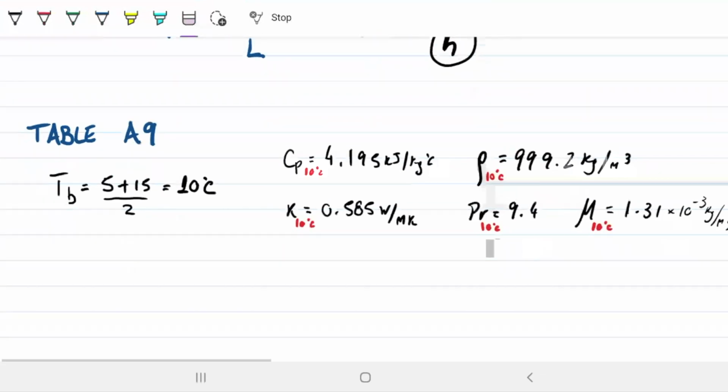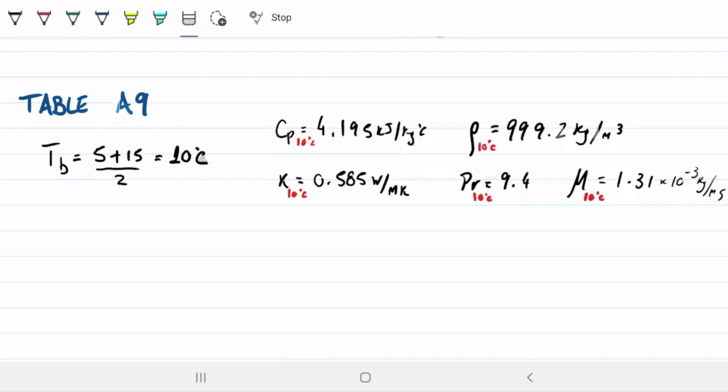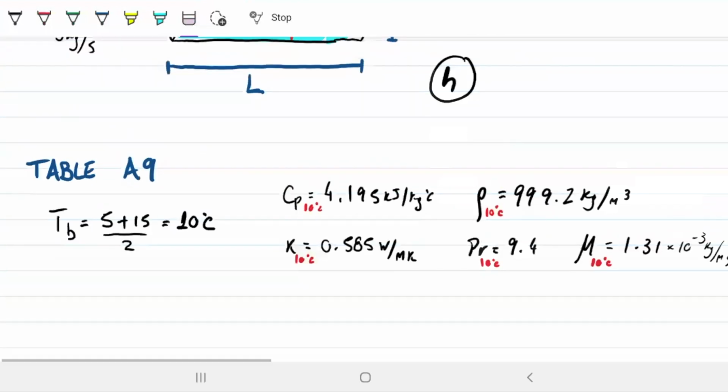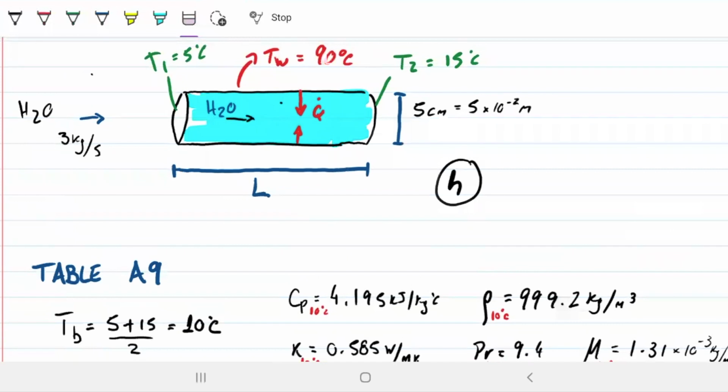Boom. Okay. You'll see the table has the 10 Celsius already. You'll note that I'm using 10 Celsius because we don't have the bulk temperature now, right? We have 5 and 15, so we know the average temperature through which this pipe will be. Let's rephrase that. We know the average difference in temperature between the wall and the fluid, which is the thing that is driving the convection, is going to be from 90 to 10, so 80 degrees Celsius